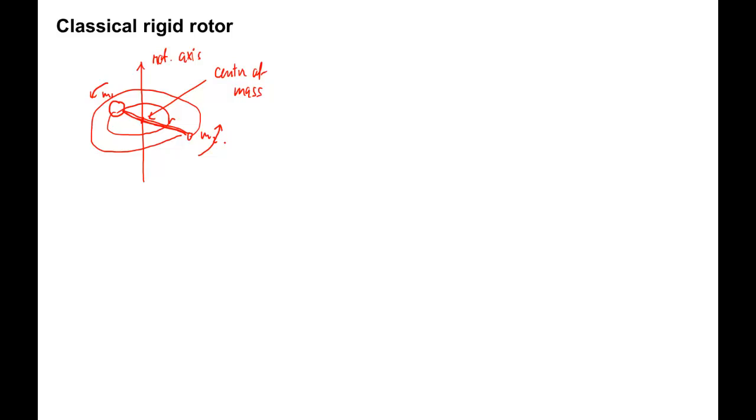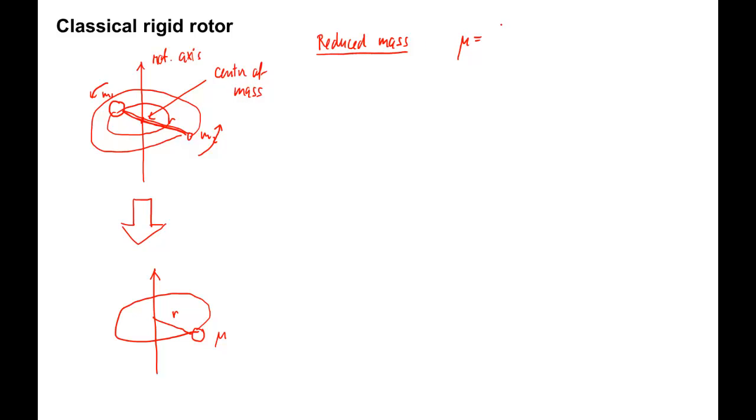Like in the case of the harmonic oscillator, this two-body situation can be transformed into an equivalent one-body situation that is mathematically simpler to treat. This transformation yields a single body of mass mu rotating around the center at a fixed distance r. Mu is the reduced mass, and it is equal to m1 times m2 divided by m1 plus m2, just like in the case of the